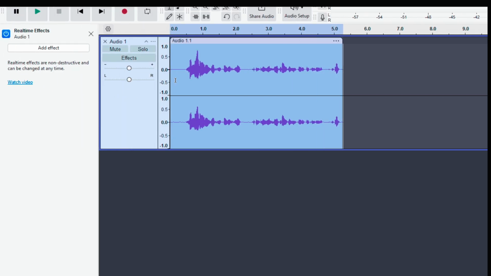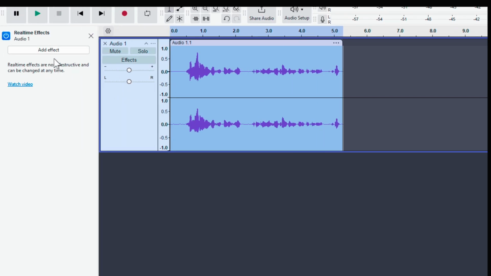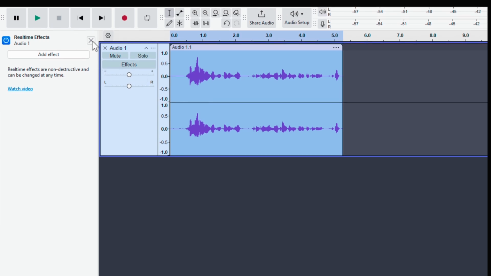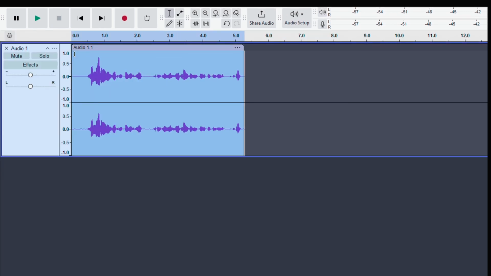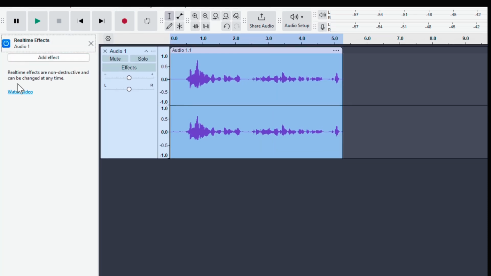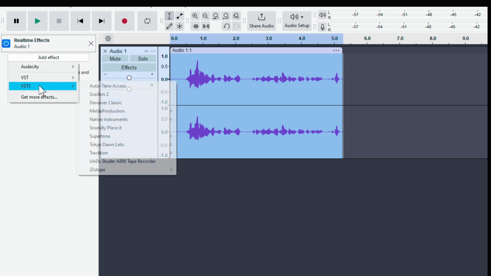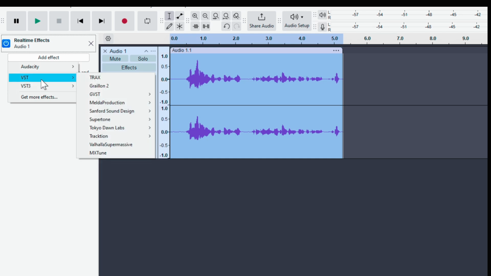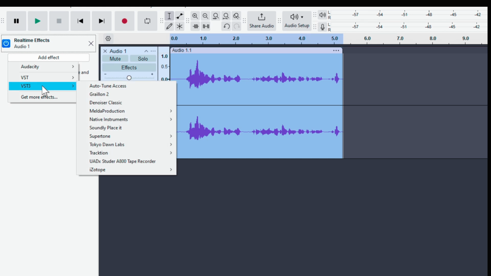Once you click that, you can also see there is Add effects or Effects; both are the same. If I close this, you can also have Effects over there. If you click the Effects button, it opens again in the same small window where you can apply the effects. Then click on Add effects. I can see different types of effects which I have in my system. Say for example,